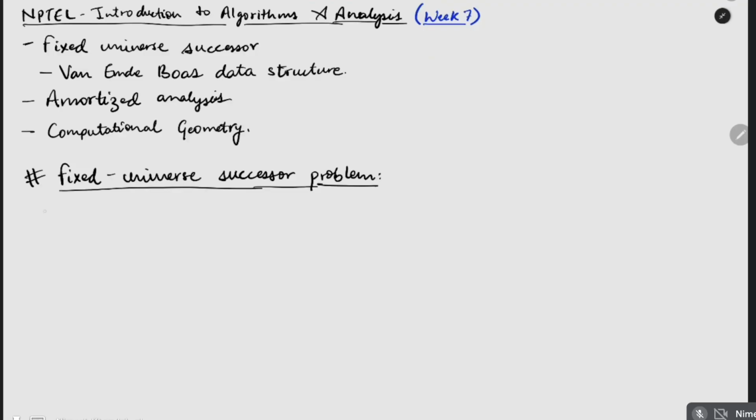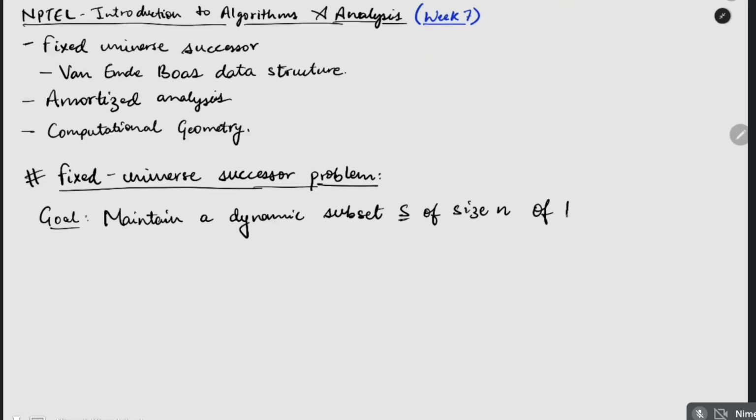The goal of this fixed universe successor problem is to basically maintain a dynamic subset S of size n of the universe U, where U goes from 0 to U minus 1. Basically, it has U entries, of size U,